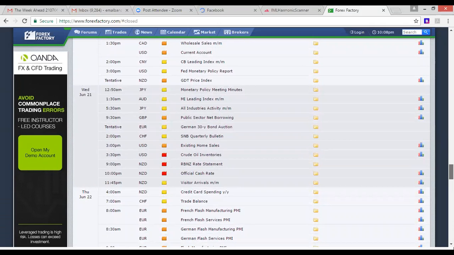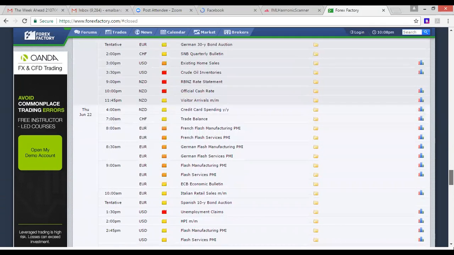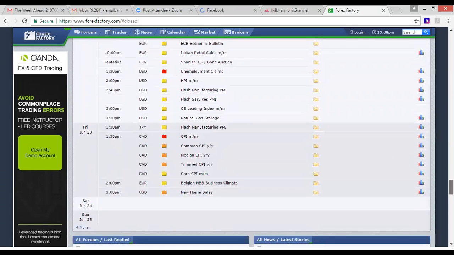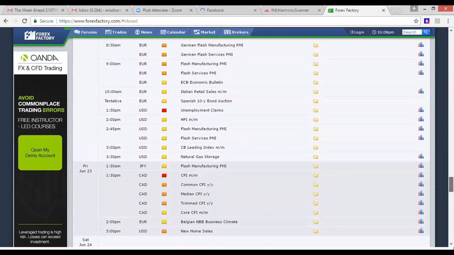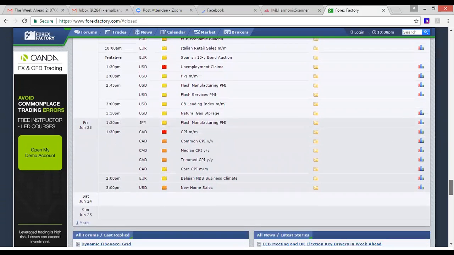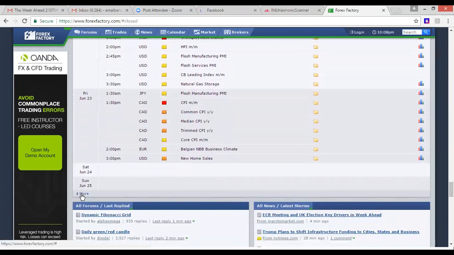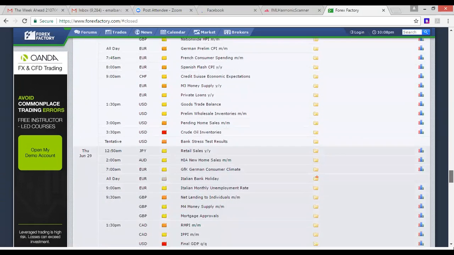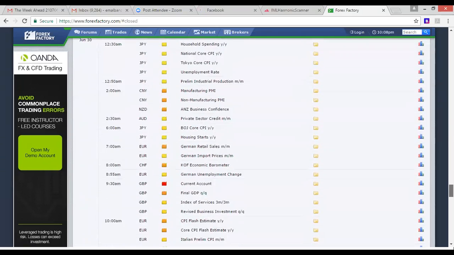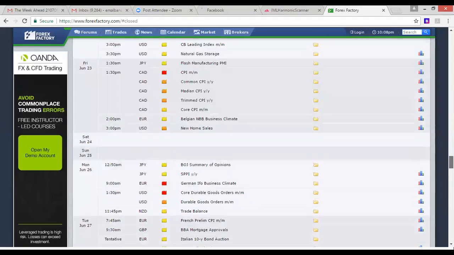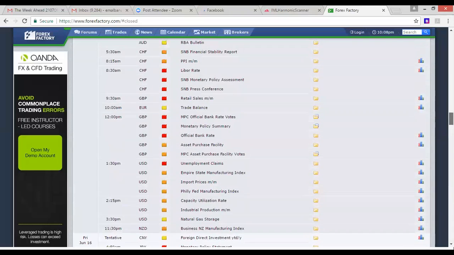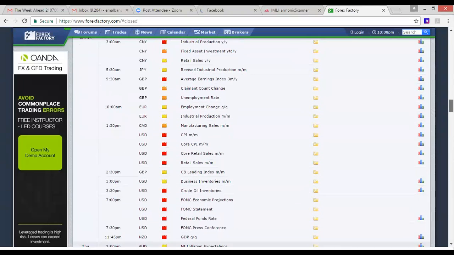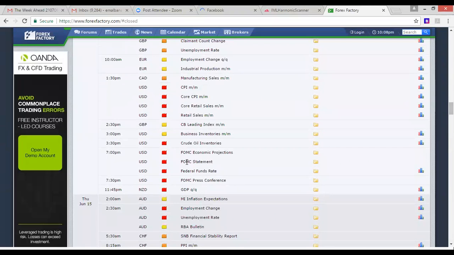Wednesday 20. Is it Wednesday or Thursday? FOMC for the month. We've passed it. It cannot be beyond here. After here is the last week of the month. Please check your own. Let's check together. Somewhere there's one on 14th. There's one on 14th for US. 14th, yes. Okay. FOMC, Federal Open Market Committee, 7:30 p.m. Yes, 14th. Wednesday 14th. Thank you, sir. It could not be too long than that.